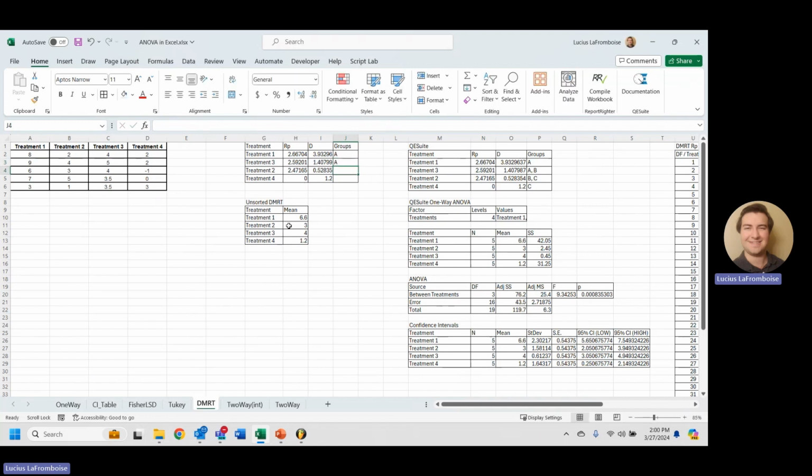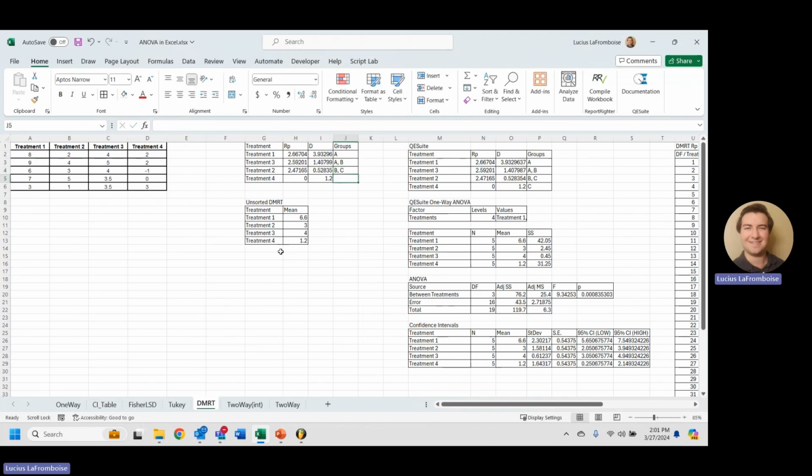What about treatment 2? Is 3? No, it is not. We know treatment 4 is not. Okay, we know that treatment 3 is going to be part of group B. Just depends whether or not that's a significant group. Okay, treatment 2. Is that part of group B? We take a look. Treatment 2, the mean is 3, and our D value for treatment 3 is 1.4079. Well, 3 is greater than 1.4, so it's part of group B. What about treatment 4, 1.2? No, it is not. Okay, treatment 2, we know that's part of group C, but is treatment 4 part of